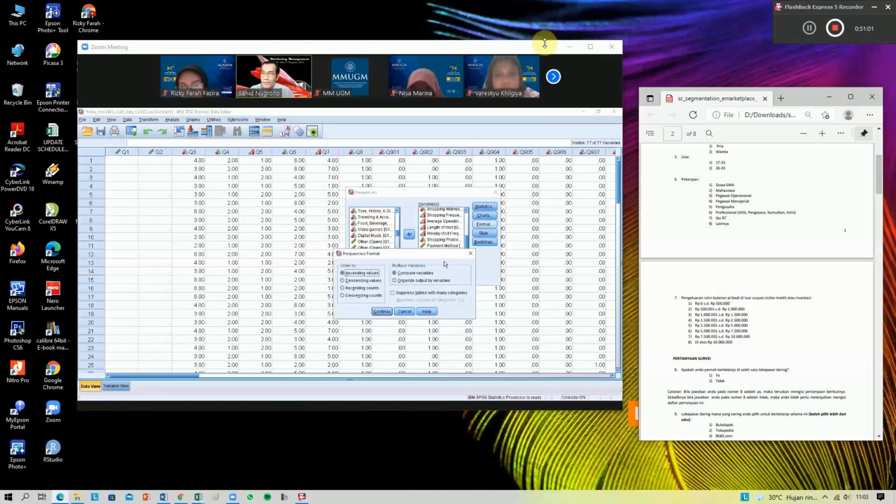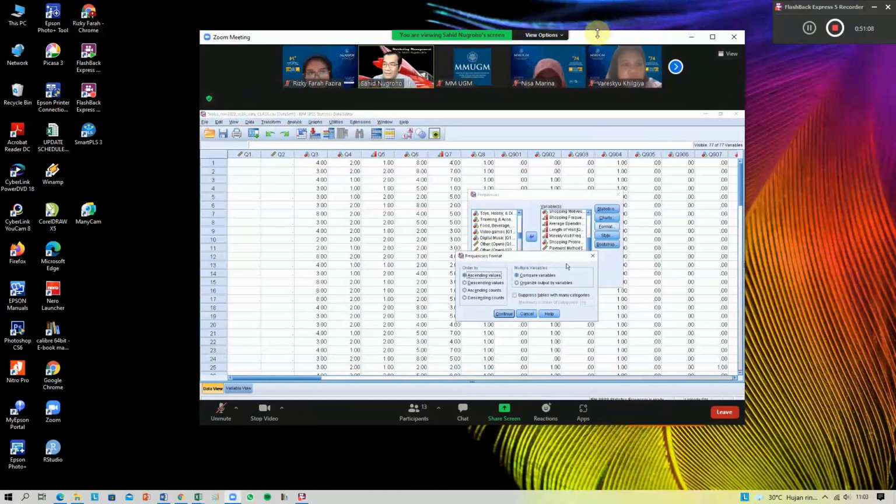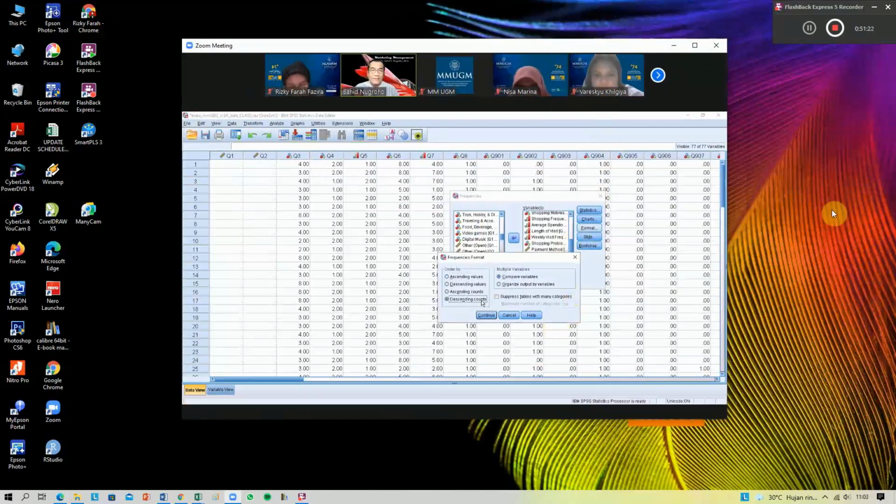But if you refer to the counts, it means you refer to the calculations. So now we will use descending counts. So data will be ordered based on the calculations from the largest to smallest. Continue. For style and bootstrap, you don't need to click, just ignore it, and then click OK.